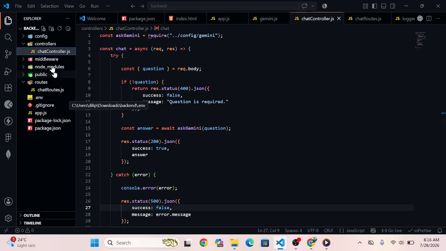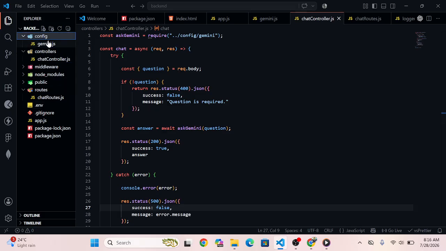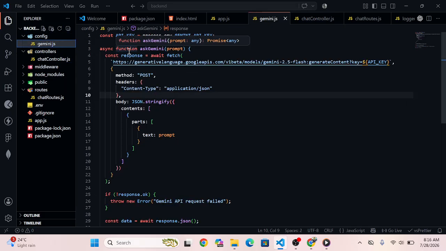Then we have the config, where the Gemini.js file is located. Instead of hard coding my API key, I store it in a .env file for security, and I am accessing it here, the API key, and